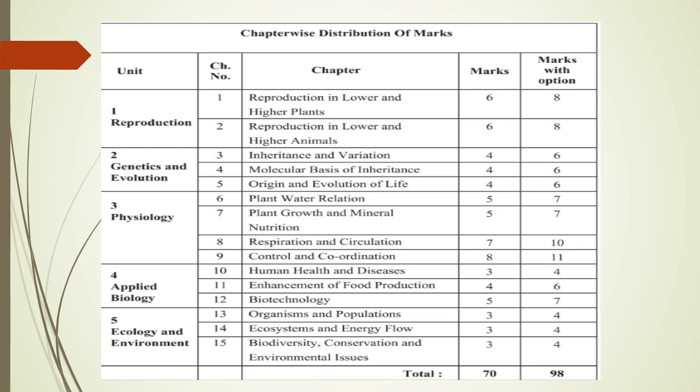Or for chapter number 7, which is worth 5 marks, you have 7.9 only, that is the growth hormone that you are going to study. For chapter number 11, for 4 marks, you have 11.5 and 11.7 only, that is biofortification and microbes in human welfare. So if you are going through the deleted portion, you will find you can come up with a scheme where you study very little but get the maximum out of it.